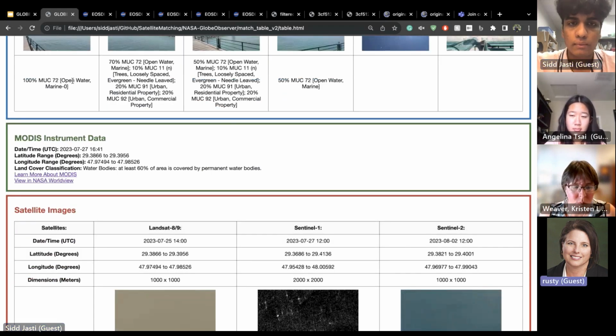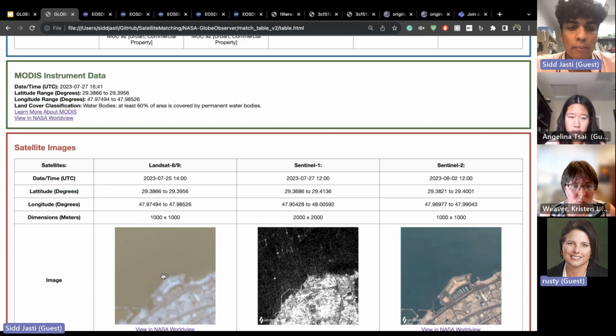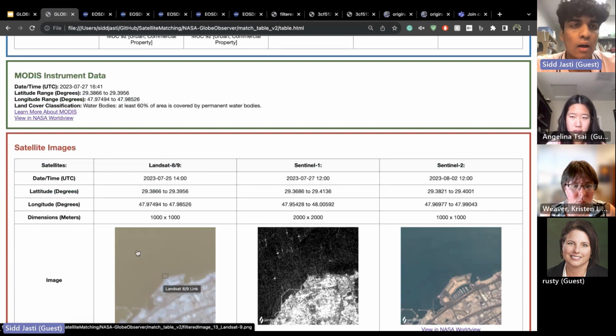Okay. The MODIS classifications, though, at what scale are they? What is the granularity of those images? Yeah, I think it's 500 meters by 500 meters. So obviously it's a little bit zoomed out compared to the 100 meter by 100 meter. If you can imagine, it's like half of this box.